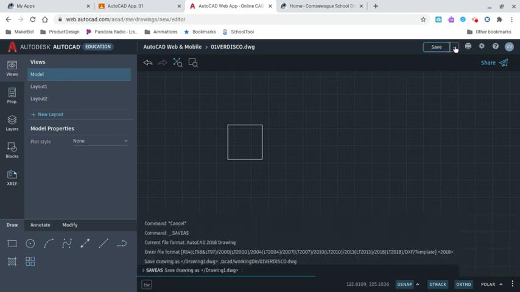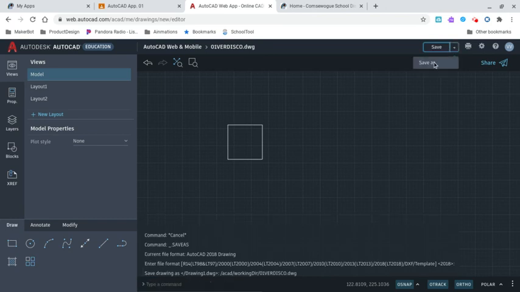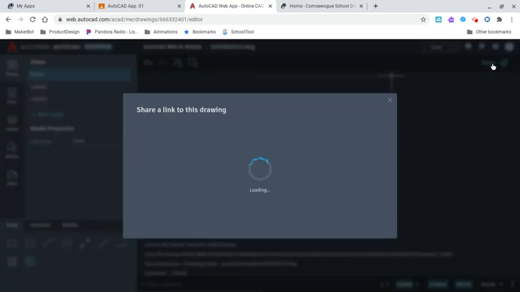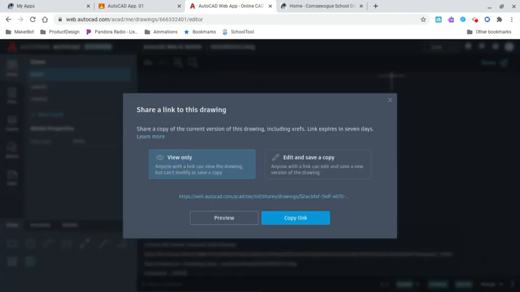You can also, if you click the arrow, you can do Save As if you want to rename it. But we don't have to do that. So now it's saved. So now we're going to share this, right? So you can go to Share. I haven't decided how I'm going to do this, but you can go to Share. This comes up, and then you can do View Only or Save, Edit, and Save a Copy. I'm going to stick with View Only, and I'm going to hit Copy Link,